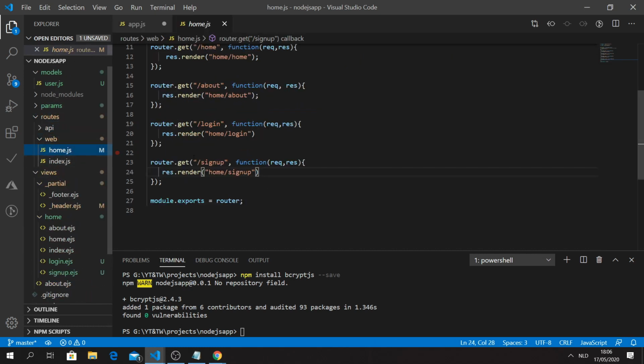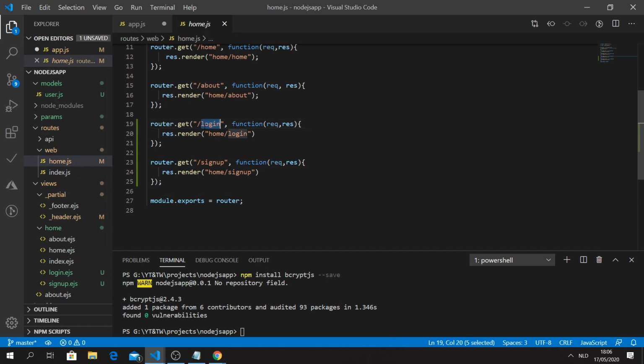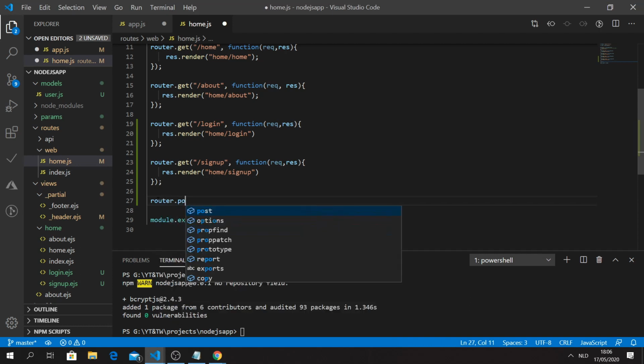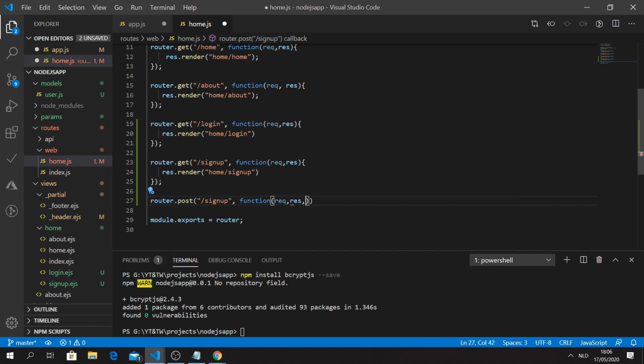Yes. And we already have login and sign up, which we added today. We're gonna add a post one for login and for sign up. We're gonna start with sign up. So right here below sign up, you can start router.post. Basically it means we're gonna do a post action. We're gonna call it sign up as well. So posting on the route sign up, req, res, next,